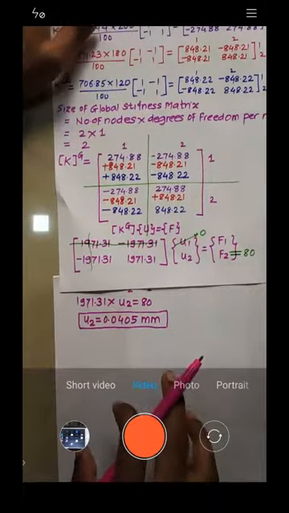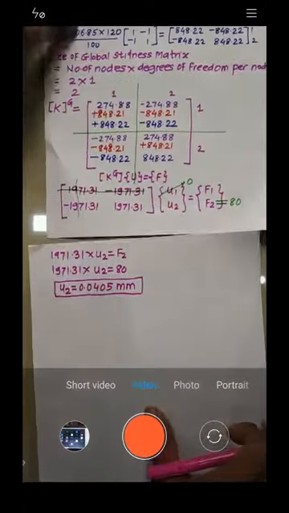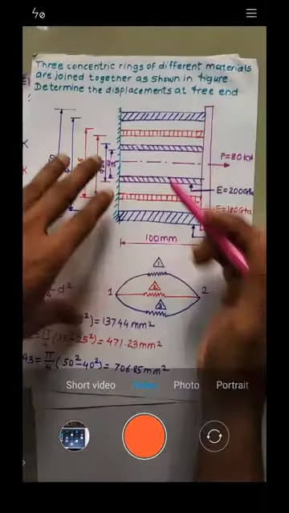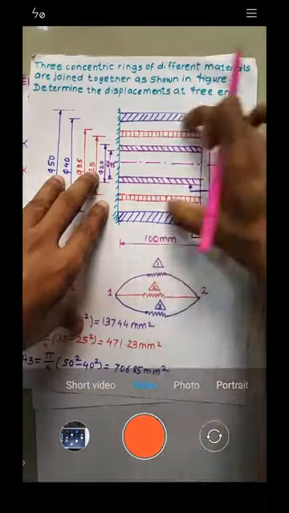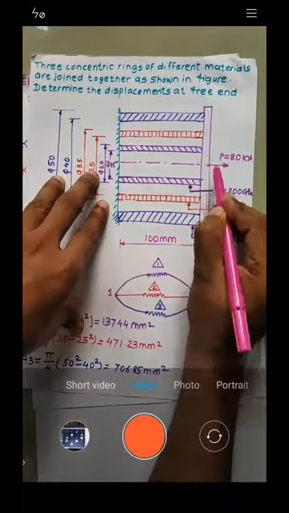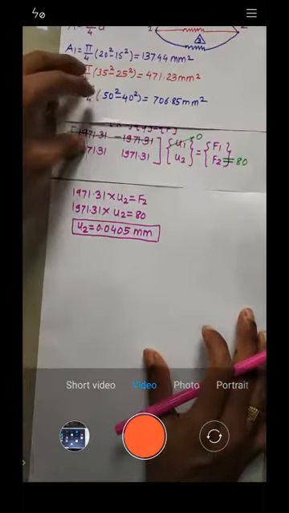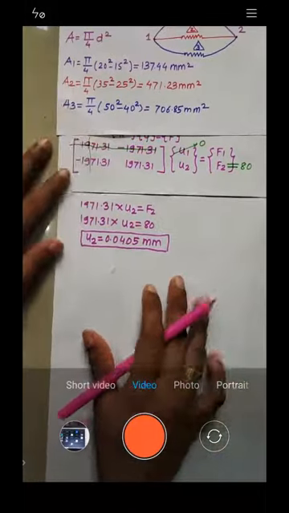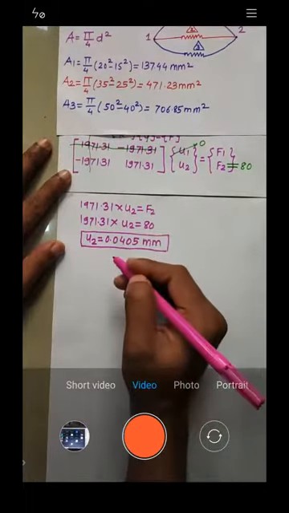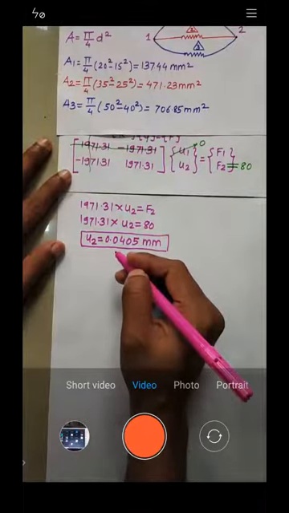Okay, no problem. See, if you want to check what is the displacement, this is the fixed support, and these are the three rings which are attached to this plate. Can I draw some rough diagram here? Or should I calculate the reaction and then explain from where it came? Okay, I will go in that manner.